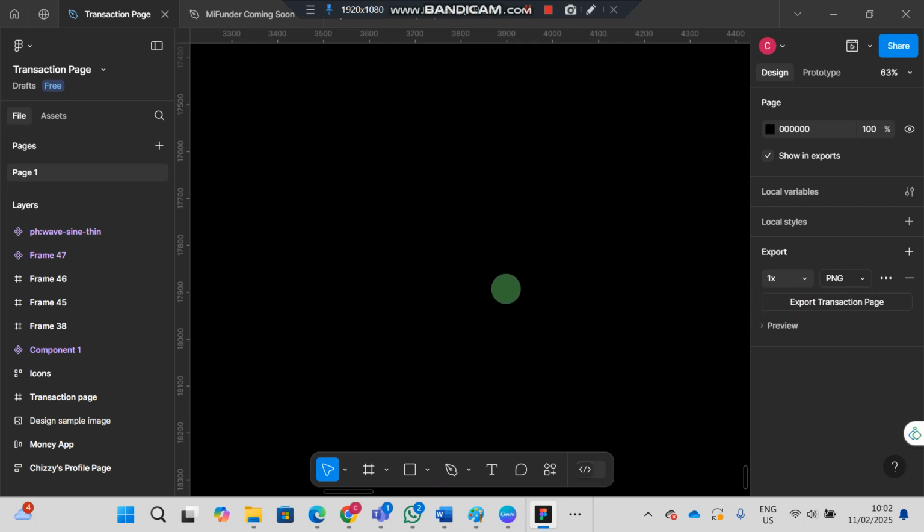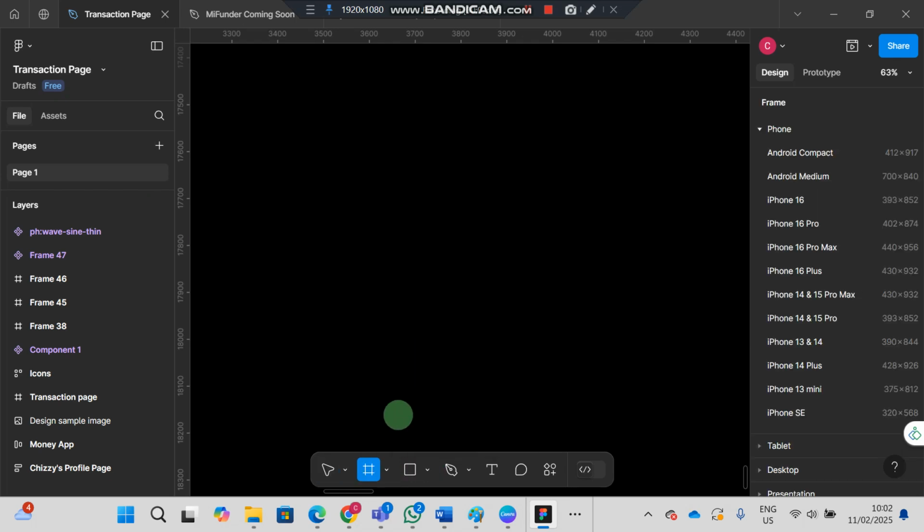So now let's create our first frame. So think of a frame as an artboard where you design your layout. So to create a frame, you can either click on the frame tool over here and it's been highlighted, showing that it's been clicked on,